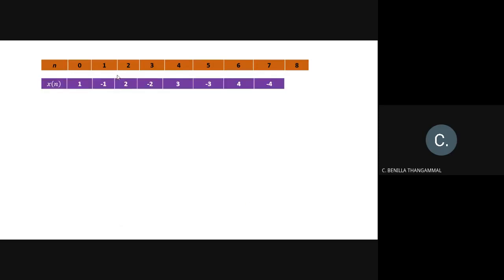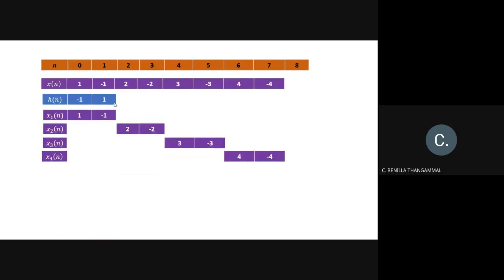So now since your y of n has 9 samples, 0 to 8, I have taken the time period 0 to 8 here. Then I'll place my x of n and h of n according to the time period. So 0 to 7 will be your x of n and 0 to 1 will be your h of n. In the first step, I said you have to section your larger sequence. So I'll section my larger sequence as 4 sequences x1 of n, x2 of n, x3 of n and x4 of n. All these should be placed in the corresponding time periods here. Right, now I'll perform y1 of n, which is nothing but x1 of n convolution h of n.